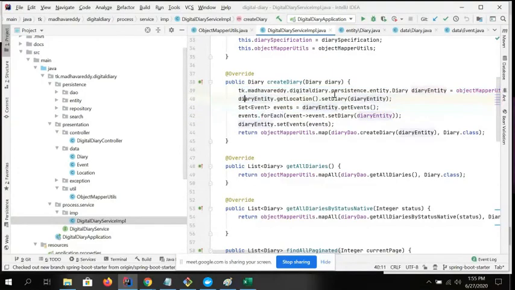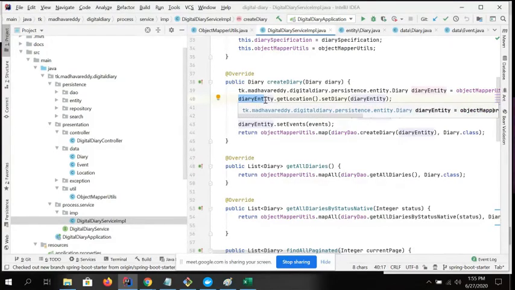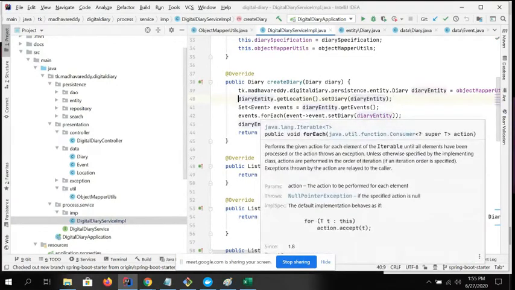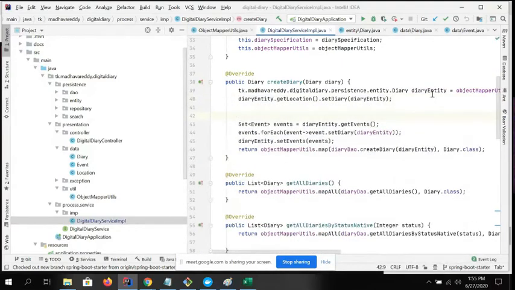See here, earlier we created the data tables, entity tables and relationship. Now the point I am going to tell you is how to use it. Here you want to make the child the owner of the relationship. Always pass your entity class to the child when saving it. That is one point to remember. If you don't set it, there will not be any relationship, because the child class doesn't know who the owner is. So you pass who the owner is, and here I'm specifying this entity class.